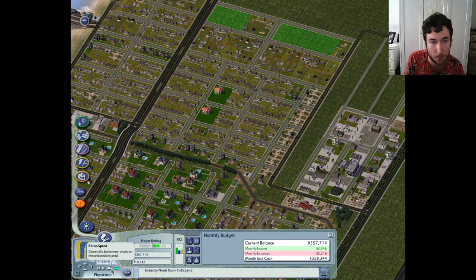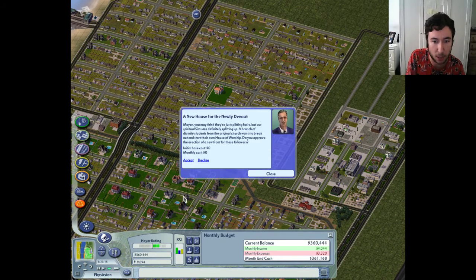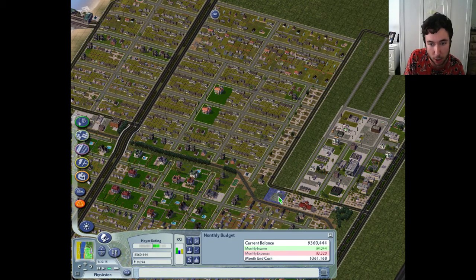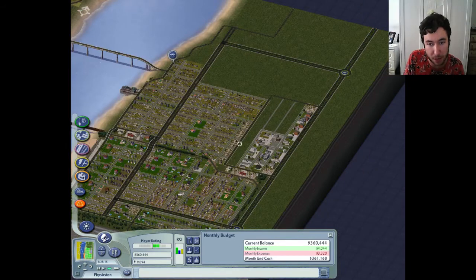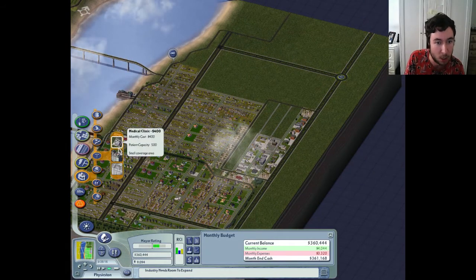I'm hoping a little bit more of this is going to develop, but I guess we maybe need more in the way of amenities and things like that. I think the biggest thing at the moment... Ooh, new church. That can go there. The biggest thing at the moment that is lacking is healthcare. We do, however, have the money to be able to afford it now. So let's go ahead and build...